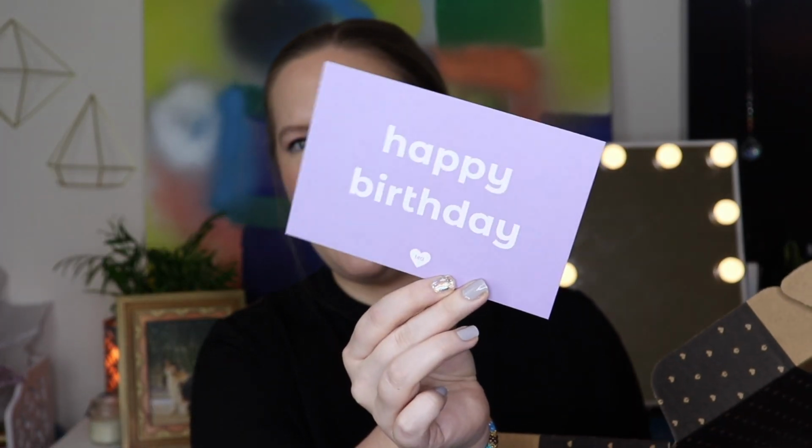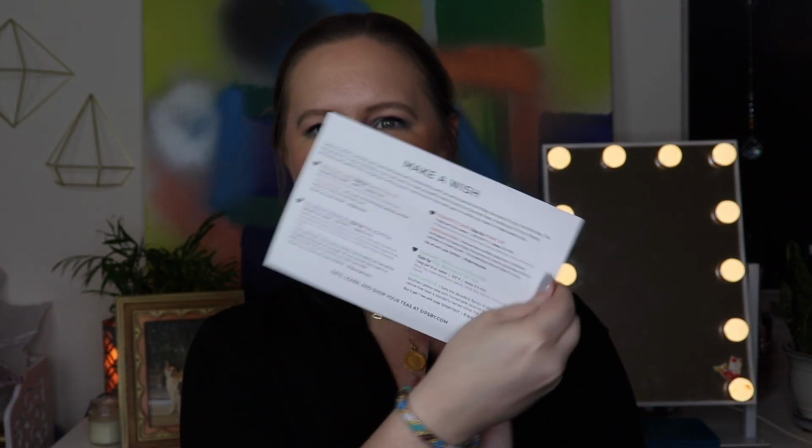And this is the happy birthday box. So if you or someone you know has a birthday, this will be perfect. And there, right on top is a little postcard, or you can put a little note there. So happy birthday, and on the back it says, make a wish, cue the confetti, candles, and cake because we're